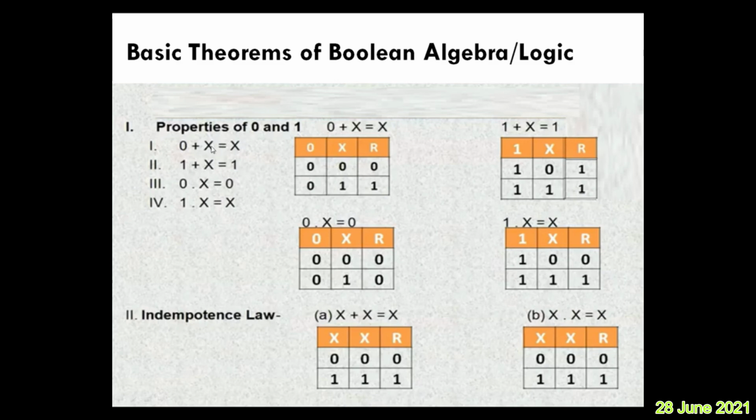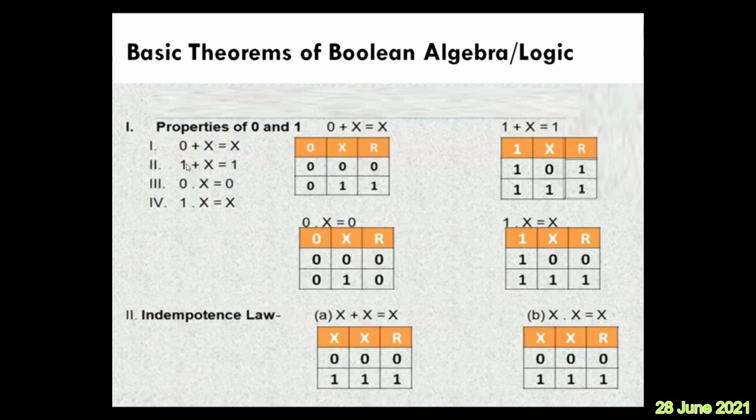If a Boolean variable, irrespective of whether it is 0 or 1, we don't know, let it be 0 or 1, whatever it is, we call it x. If you add 0, as in our normal addition also, for any value, if you add 0, that value doesn't make any difference, isn't it? Similarly here, if you make x plus 0, it remains x only. But if you make it plus 1, that is true, then 1 will dominate, irrespective of the value of x. Similarly here, in case of AND, now 0 will dominate.